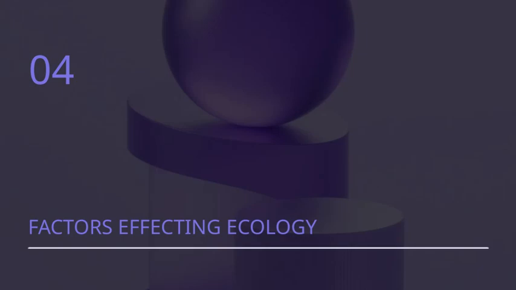Now, let's take a look at the factors affecting ecology. As we've discussed, ecology is all about the interactions between living organisms and their environment. But what exactly influences these interactions? Well, there are several key factors to consider. First, climate plays a huge role. Things like temperature, rainfall, and seasonal patterns can dramatically impact ecosystems. Then, we have the availability of resources such as water, nutrients, and food, which directly affect how species survive and